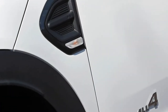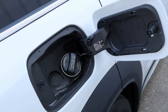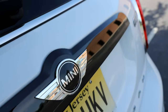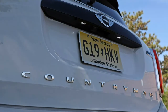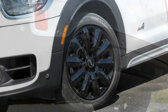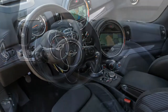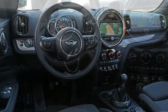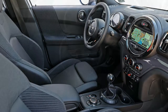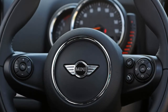The Countryman's interior design follows the example of the exterior in being characteristically Mini, featuring items such as a column-mounted gauge cluster, a circular housing for the infotainment system, and toggle switches for operating items such as the overhead lights, the ignition, and the automatic stop-start system. Standard equipment includes a panoramic sunroof, proximity entry, a rearview camera with parking sensors, automatic headlights, and a 6.5-inch touchscreen infotainment system. Our all-wheel drive test car also came standard with heated seats and an assortment of added extras, the most expensive of which was the